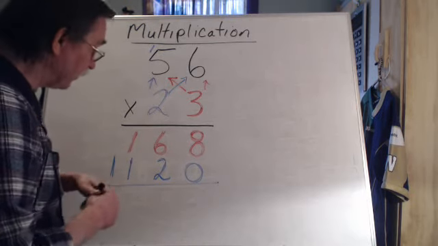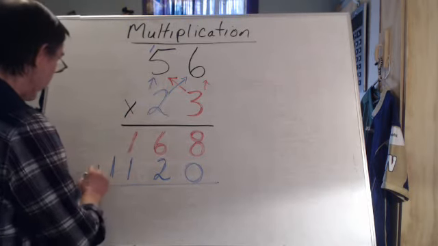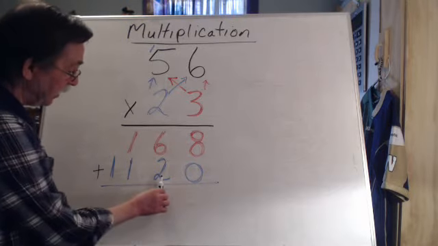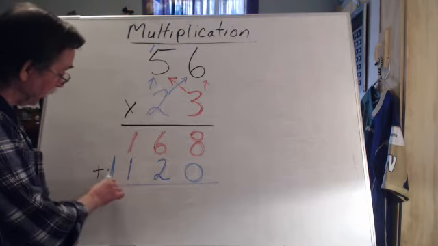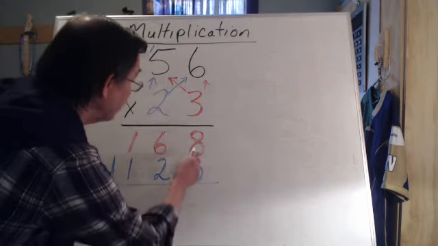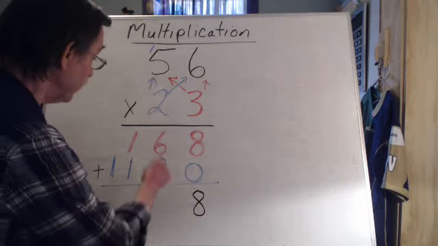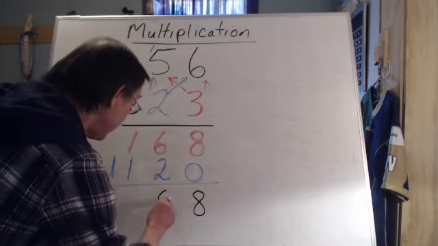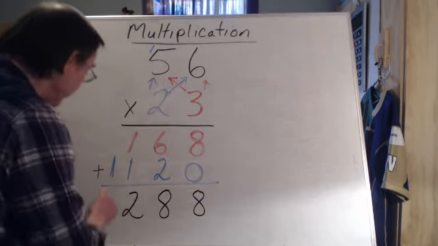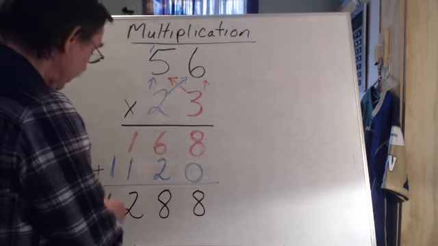So I'm going like this. And I'm going to add them. The 8 and the 0 are nicely aligned. The 6 and the 2, the 1 and the 1, and this one over here. So make sure they're all aligned, okay? So I'm going to add them up. I have 8. How's that coming out? Good. Another 8. 1 plus 1 is 2. And 1 is 1. Okay, so our answer is